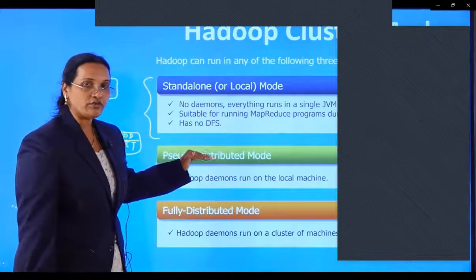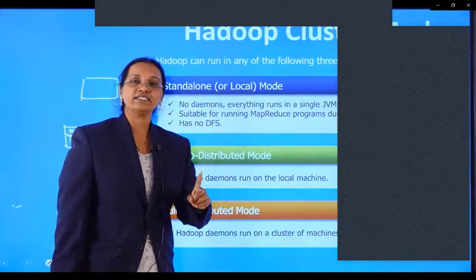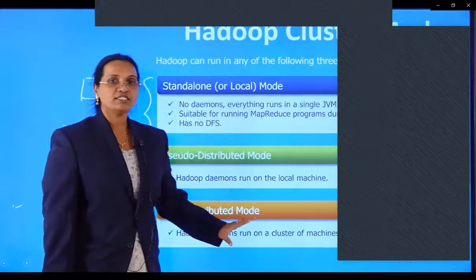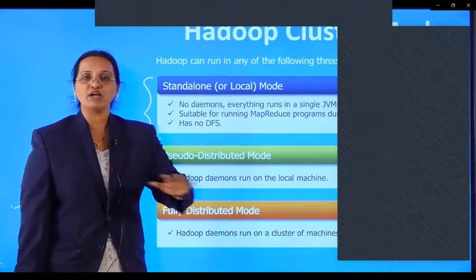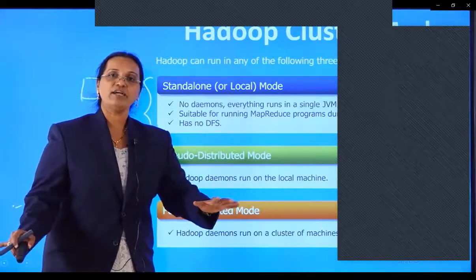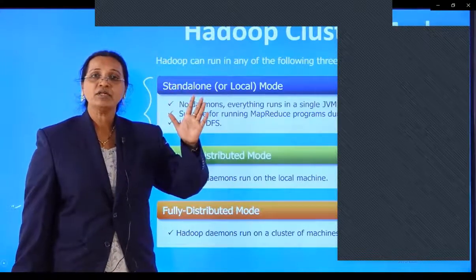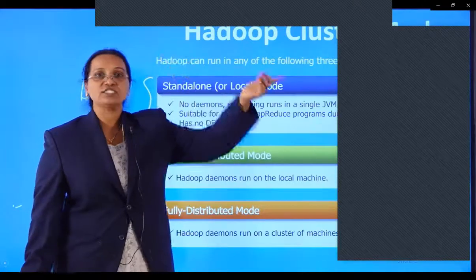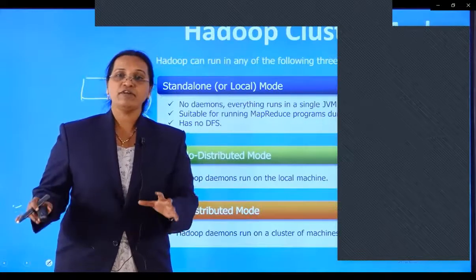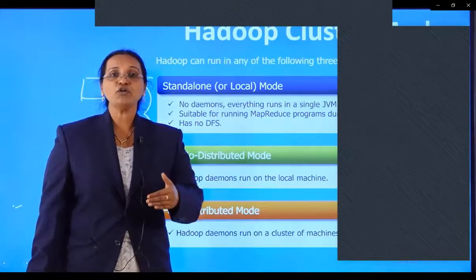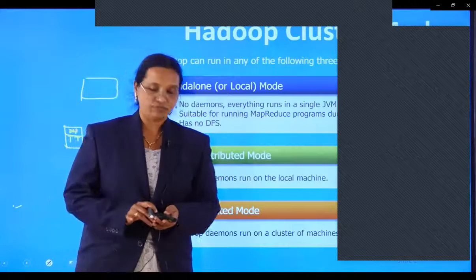In the pseudo distributed mode, daemons will be running, but the single machine will be acting as a master as well as a slave. Whereas in the fully distributed mode, we will have a big cluster with 100 nodes, or 50 nodes, or 200 nodes, whatever the nodes may be, and they will be connected with one another. If required, as I taught you in the Hadoop cluster diagram, my cluster can connect with other clusters through the cloud, because the cluster I have established with 100 machines may not be enough to resolve my problems. I may need to connect to other clusters, so I can connect to them by using the Hadoop cloud.